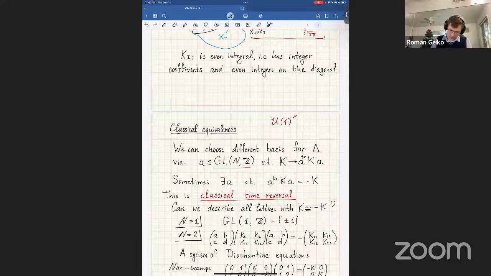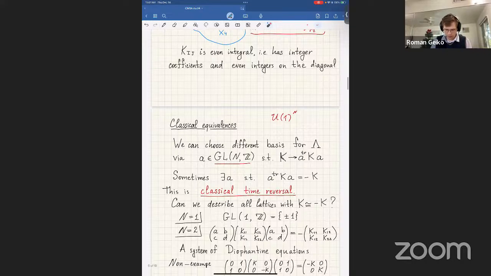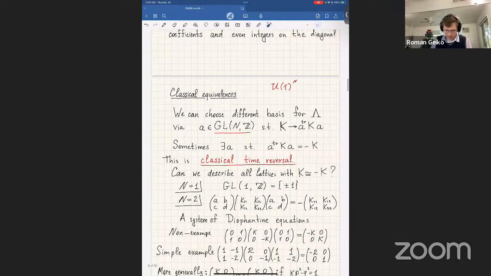All right, so naively we can try to ask, can we describe all integral lattices that are anti-self equivalent? Well, we are basically solving matrix equations over Z. So these are a bunch of Diophantine equations. For rank 1, the group of automorphisms of any one-dimensional lattice is just plus minus one. It has two elements, so it's just too small